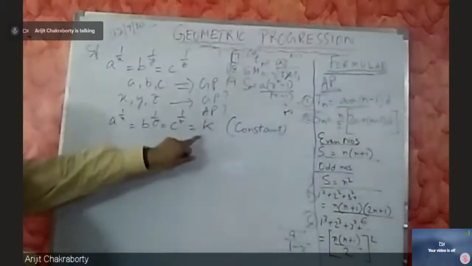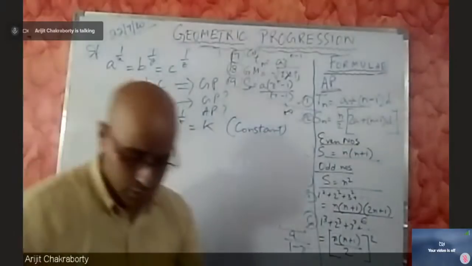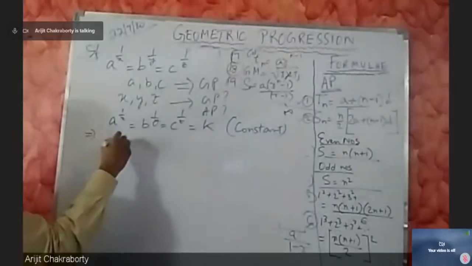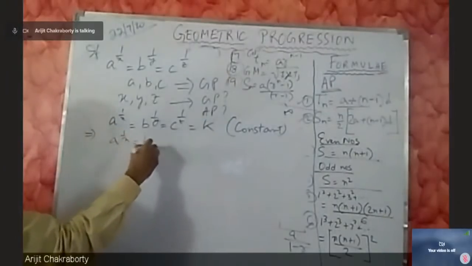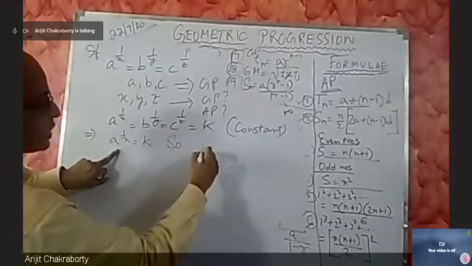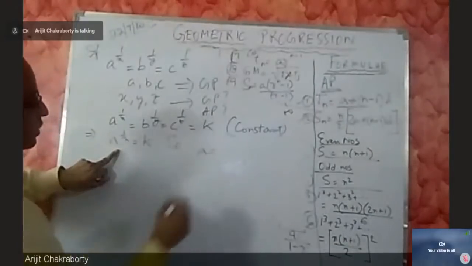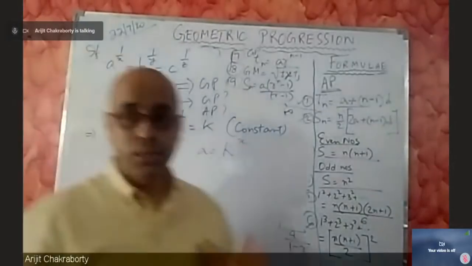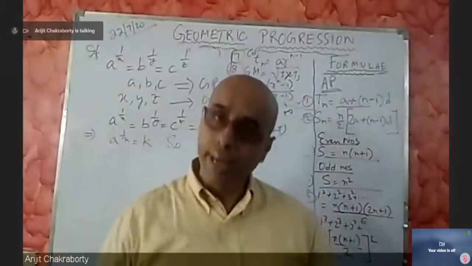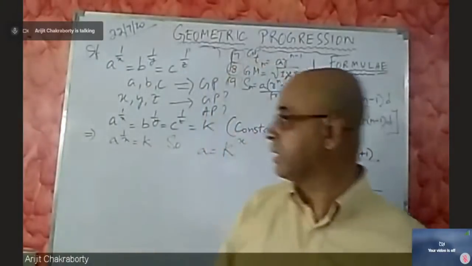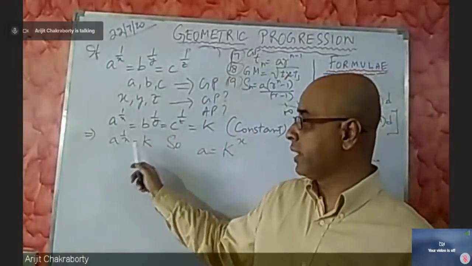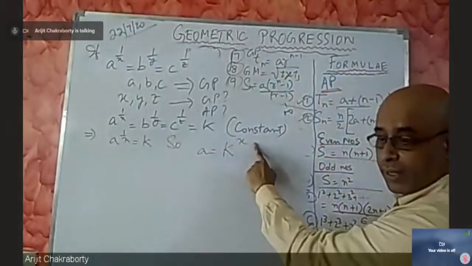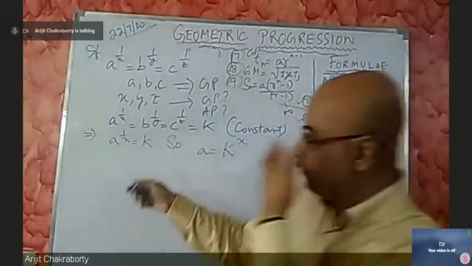Okay, I take a constant k. Fine? Great. Following? So, I get a to the power 1 by x equal to k. So, a is equal to what? k to the power x. I assume you have a good idea of indices and you remember the formula. a to the power 1 by x, if it is equal to k, then a will be k to the power x. Similarly,